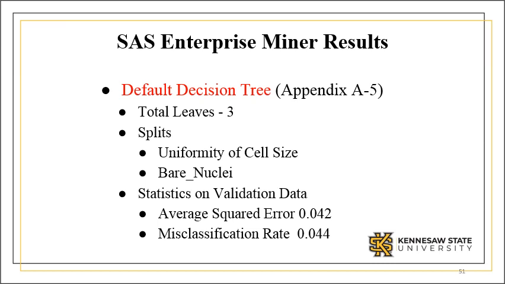Creating the regression models is effective, but comparing those to the decision tree models makes it even more effective. Now, I did a default decision tree, which is just whatever's on the default of Enterprise Miner; it'll go ahead and create a decision tree from that. Based on this, the initial split was for the uniformity of cell size, and the next split was bare nuclei. So it determined that these two items were significant in determining if a person will be diagnosed with breast cancer. The average squared error was 0.042 and